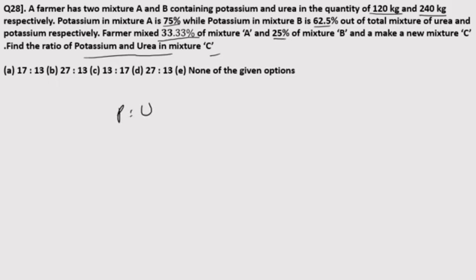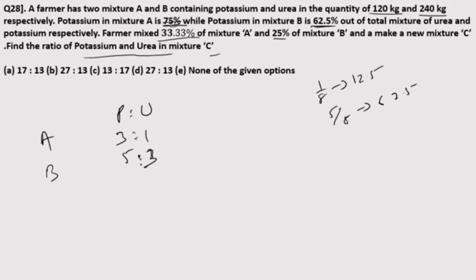This is potassium, this is urea, this is mixture A, this is mixture B. Initially in mixture A, potassium is 75%, so urea has to be 25%, so the ratio has to be 3:1. Right. In mixture B, potassium is 62.5%. I know 12.5% is 1 by 8. 62.5% is 12.5 into 5. So 1 by 8 is 12.5, so 5 by 8 is 62.5. So this is 5, this has to be 3. Right. Okay. Now